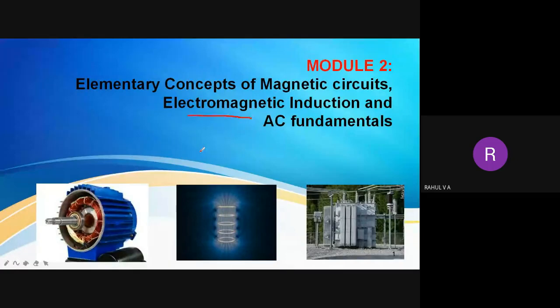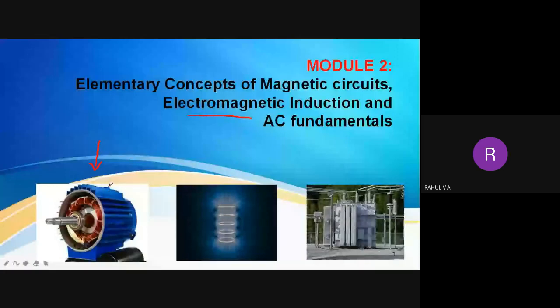Okay, so here you can see one device. This is actually a motor. Inside this there is a lot of winding. So when we are giving power to this winding, what will happen? It will become a magnet, and because of this magnetic energy, this motor will rotate. The opposite also happens, because if you keep this conductor in a magnetic field and rotate it, electricity will be produced. So the motor and also the generator work based on a magnetic circuit.